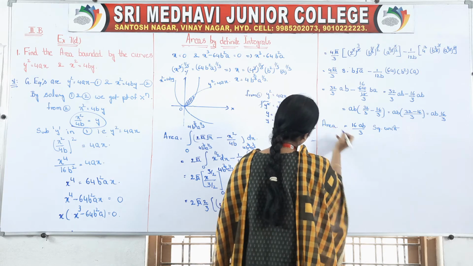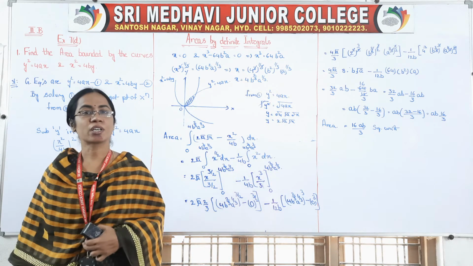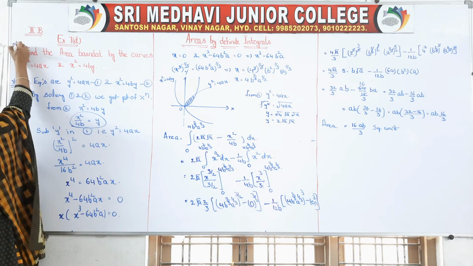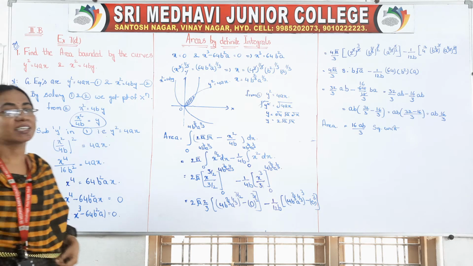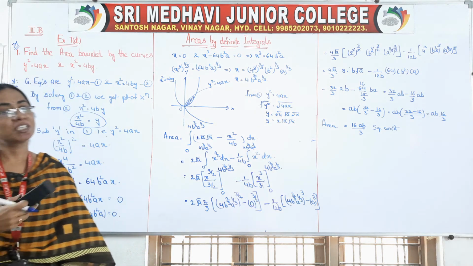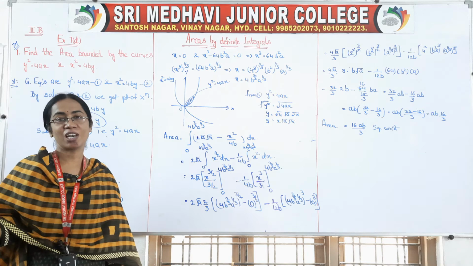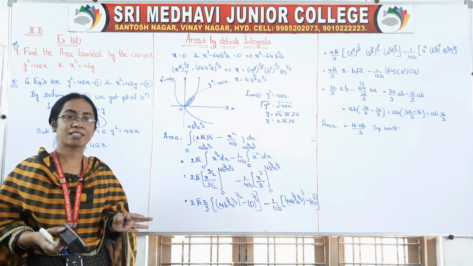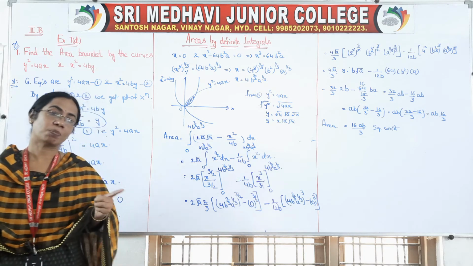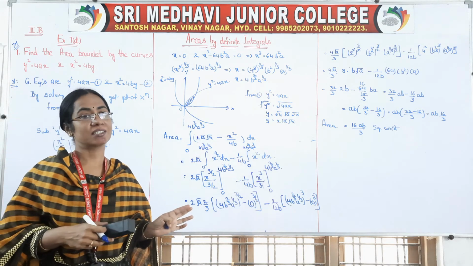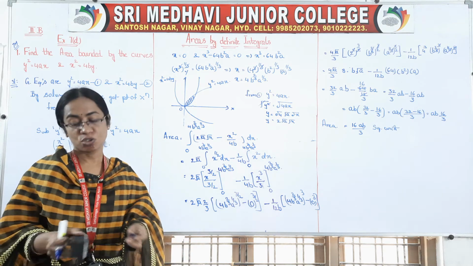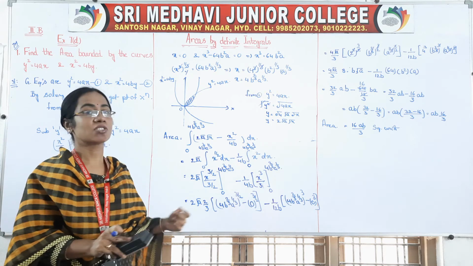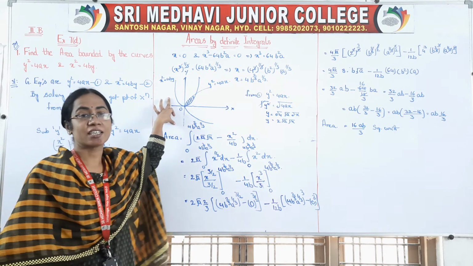Okay, this is again a 7 marks question. Actually, here in this problem, there is no need to construct the table. Just by seeing the equation you will know these are two types of parabola equations, isn't it? One parabola whose axis is the x-axis, and another is the equation of a parabola whose axis is the y-axis. So we know the curve equations, so no need to take x and y values from a table. Directly we have taken the curves.